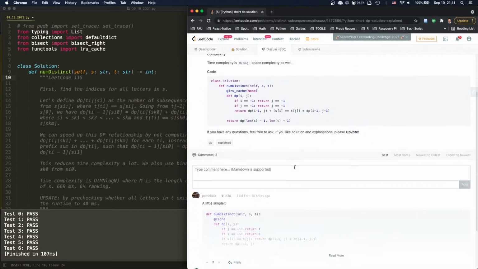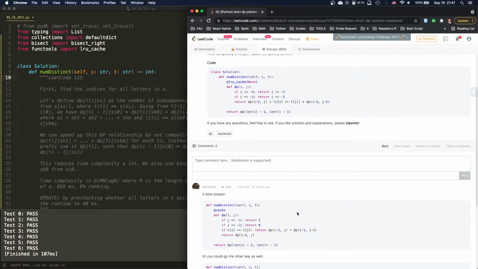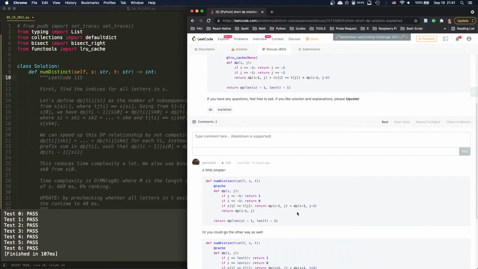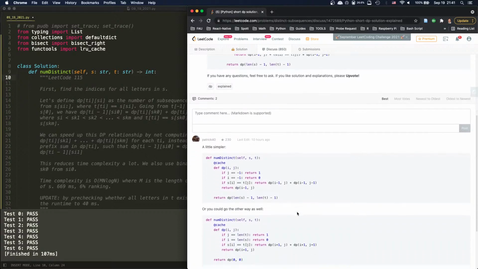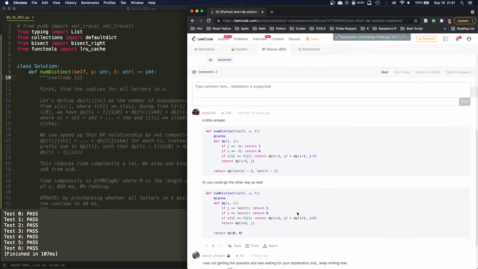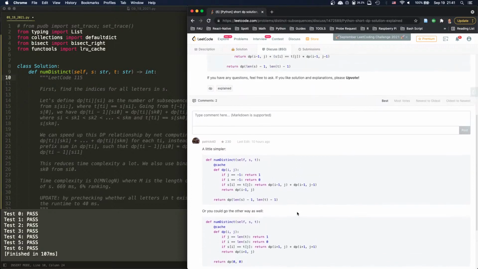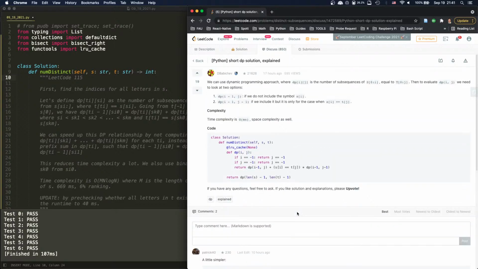If they are the same, if the last one is the same, then it's going to be the previous one, the total number, and